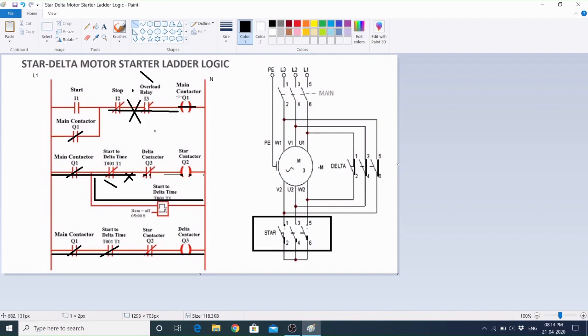So the main contactor will be de-energized like this. Okay, so if the main contactor is de-energized, again the same thing will occur. This path will not be able to flow the current and the motor will stop. Okay,